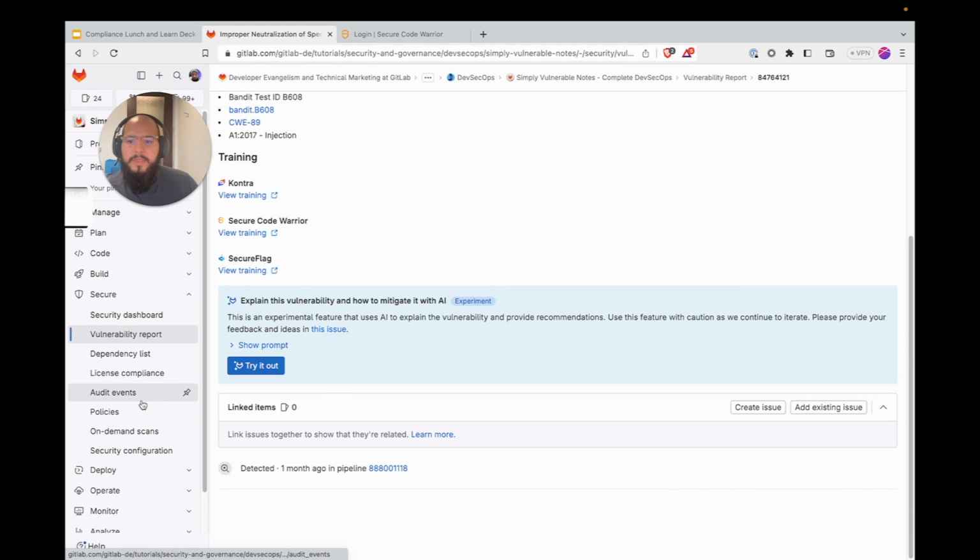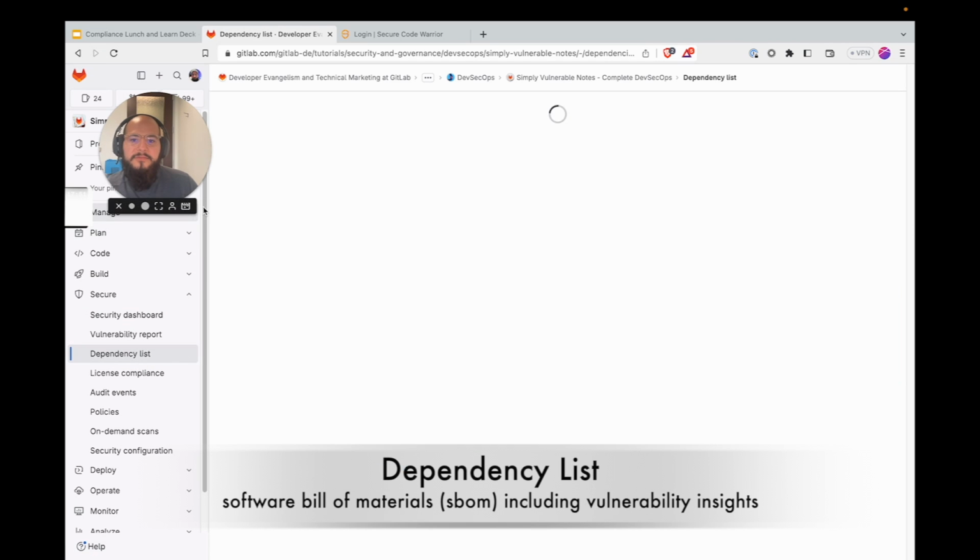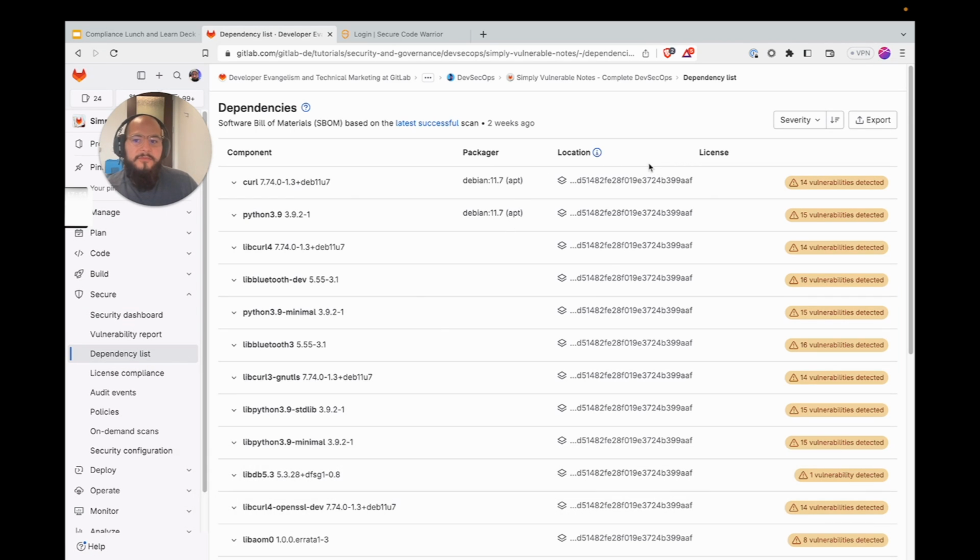The next way that we can see what's going on is via the dependency list. The dependency list is going to give us a full oversight of every vulnerability that our dependencies cause. It's going to tell us what is vulnerable, what package it's in, whether it is within a container or within our actual dependencies like pip or yarn, etc., and what dependency manager we're using. And you can disable scanning the actual container images as well. We can sort by severity, packager, and component name. We can export this as a JSON or a CycloneDX format SBOM within the job itself.